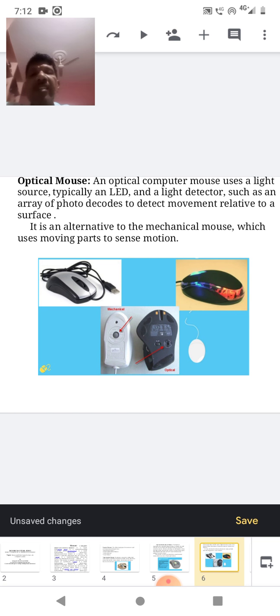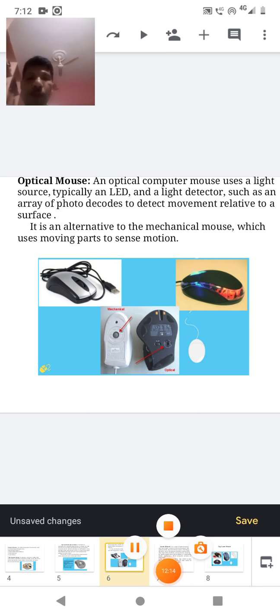Here the Windows operating system is a graphical user interface. Such interfaces are executed with the help of the mouse, which is nothing but a pointing device. Here the optical mouse is used to perform the job of a GUI, graphical user interface.